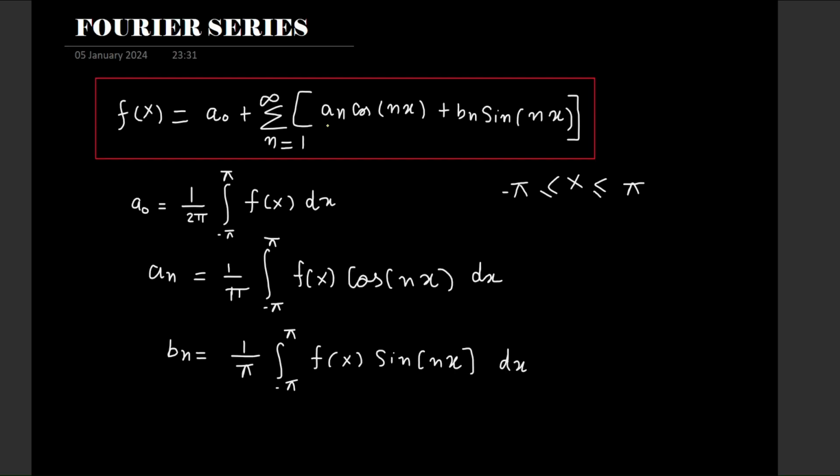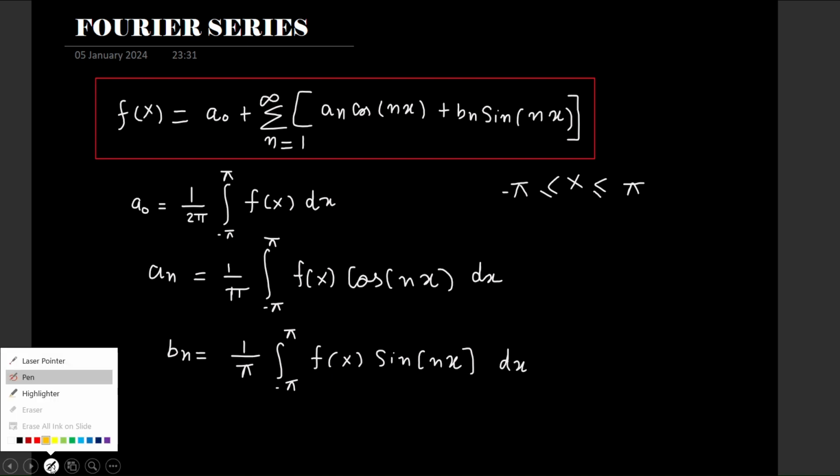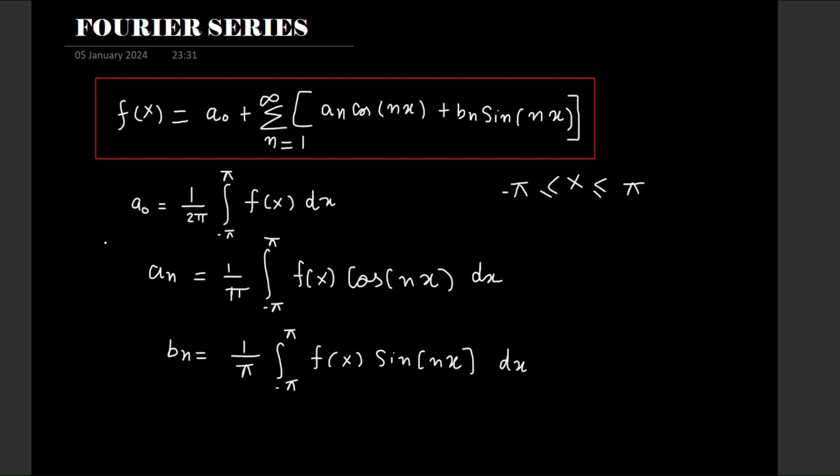All right. In this lecture, we will be discussing Fourier series. So, in this lecture, we will be starting with the basics of Fourier series. Fourier series is a representation of a periodic function in terms of an infinite summation of cosine and sine. That is it. With some constants, we express a periodic function in terms of an infinite series having some cosine